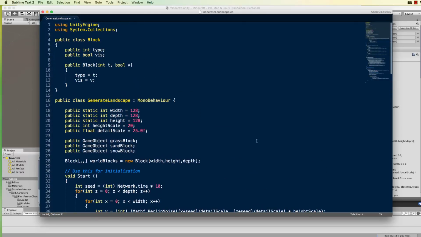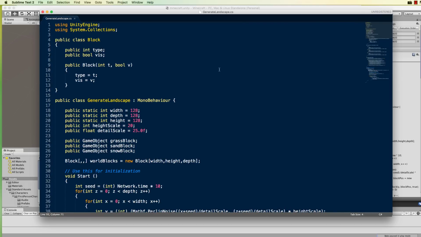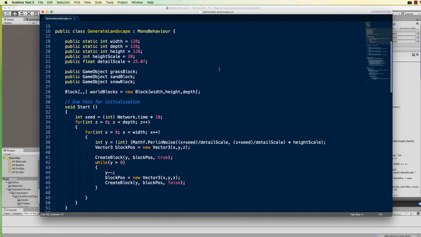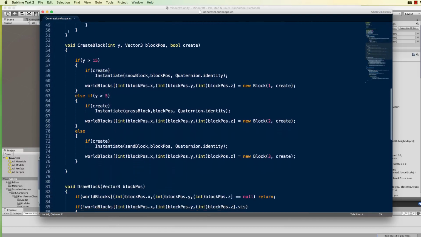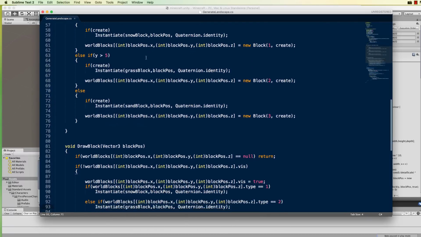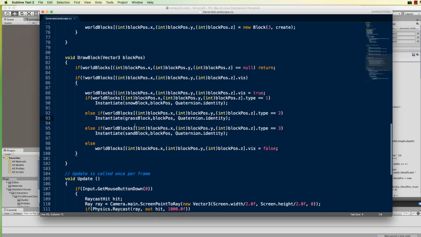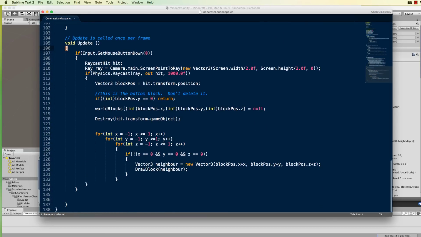All right, so that is the code for generate landscape. I'll just scroll through this slowly for you now if you want to pause the screen and check that your code is the same. It's very important. So there's the generate landscape start of the class. Here's the start function. Make sure you've got all your brackets. Here's the create block function. Okay, that's the starting bracket, that's the ending bracket. Here's the draw block function. And then we have our update function, starting bracket, ending bracket,